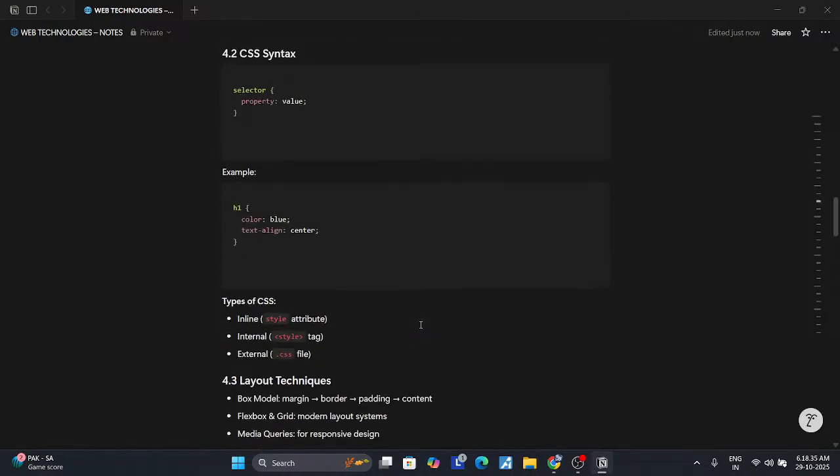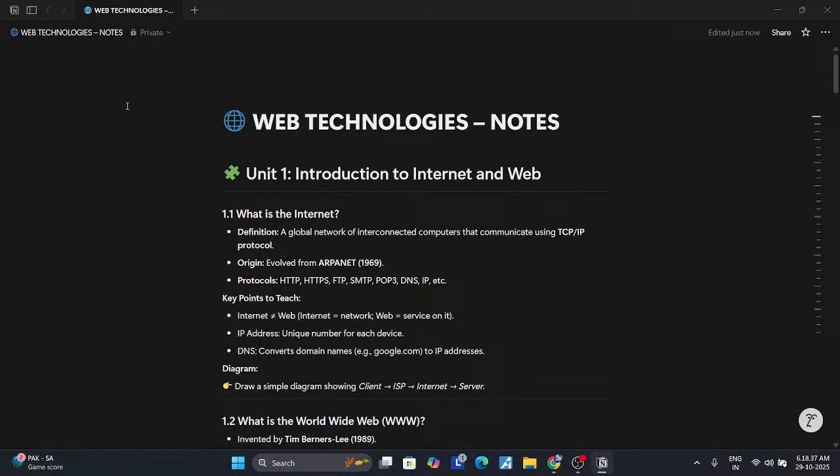So basically, this is the short definition of web technology. We will learn each and everything later, deeply and clearly, with diagrams and